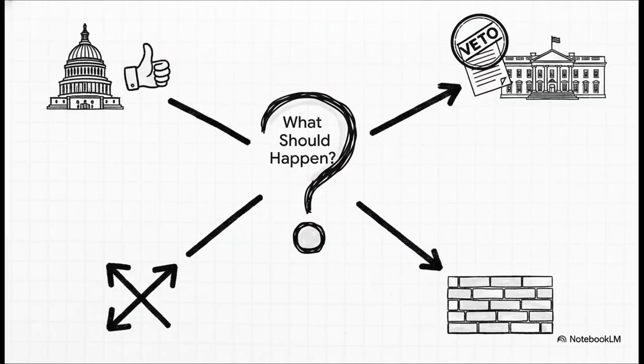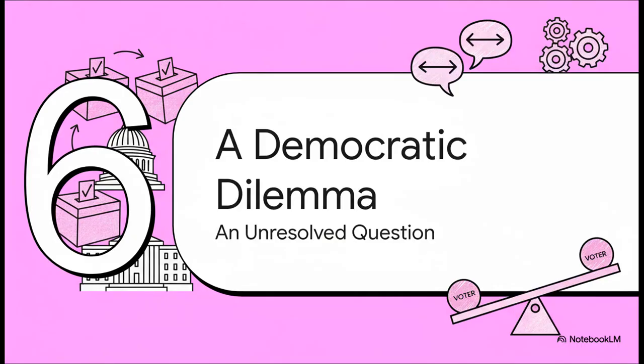So what's supposed to happen now? I mean, who wins? Should Congress get its way, since they write the laws? Should the president use his veto power to block them and protect his own mandate? Maybe the group with the most recent election win has the stronger claim. There's just no easy answer. And what happened in this case? Deadlock. Congress passed a bill, Clinton vetoed it. Stalemate. And this really brings us to the core dilemma here.